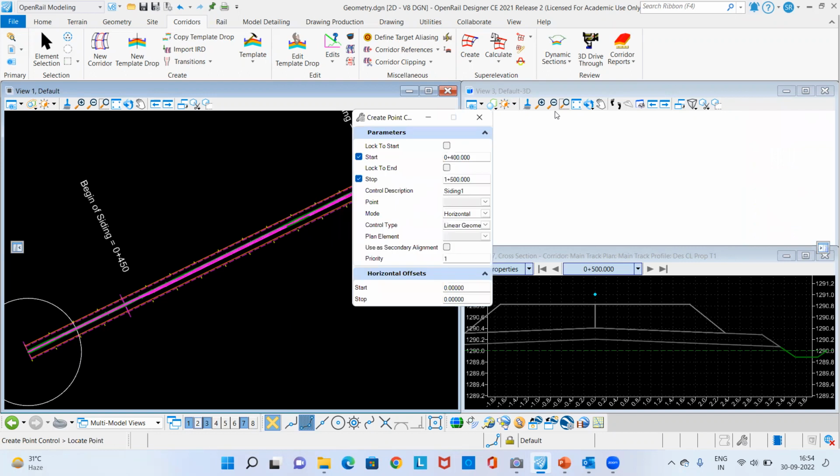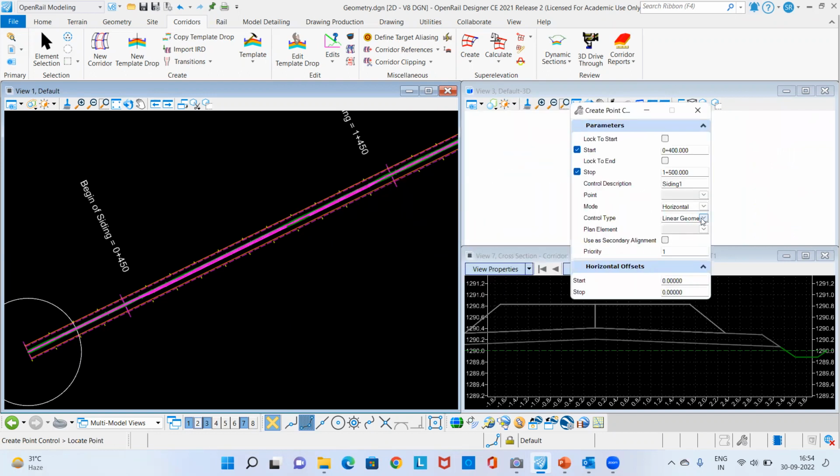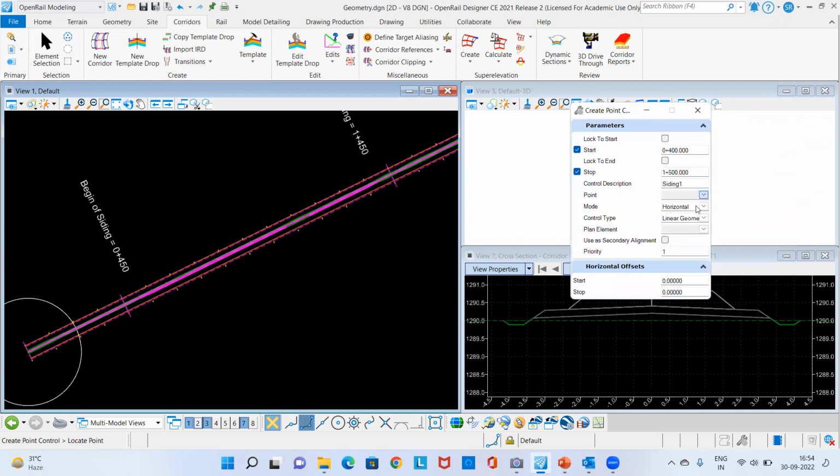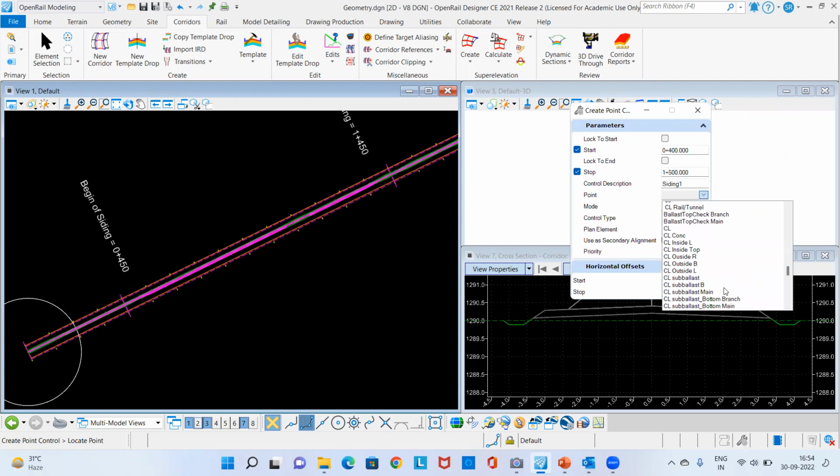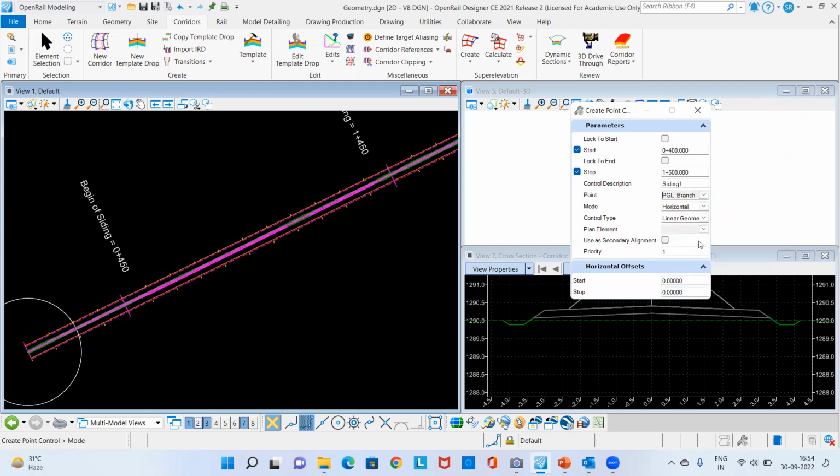So we'll locate it from here. So the point will be PGL branch,